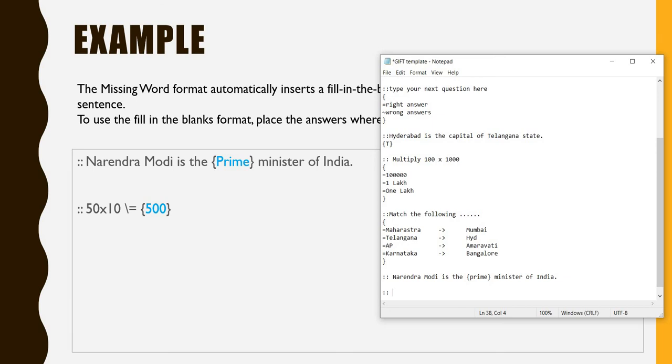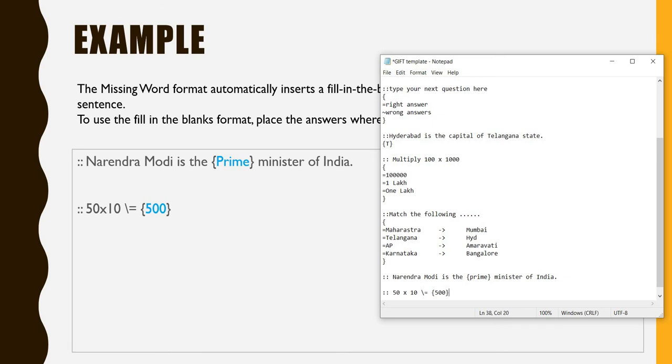So in this question I have 50 by 10 equals to how much? This is my question. So in the fill in the blank I am making this like flower bracket open, the answer is 500, I am closing it. So this will create a blank here, but I am not supposed to use the equal to symbol in my template, is it not? So you can still use it if you use a backslash. So I am overriding the control character by using a backslash. So this is now used as a regular equal to symbol.